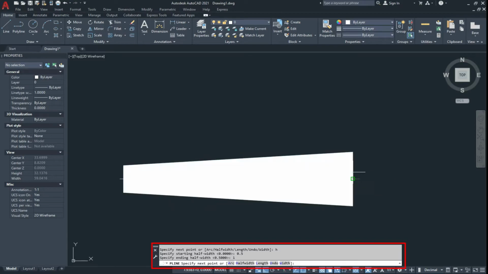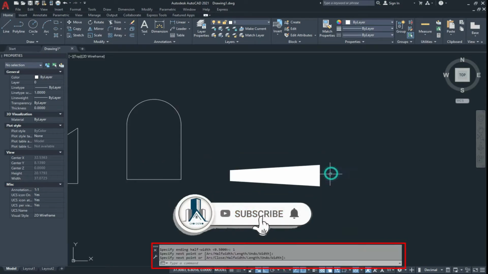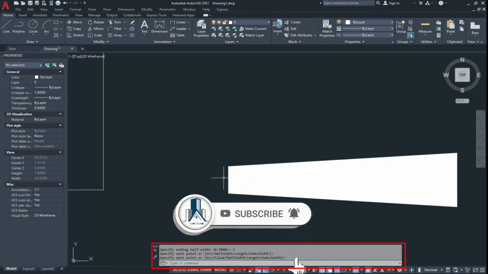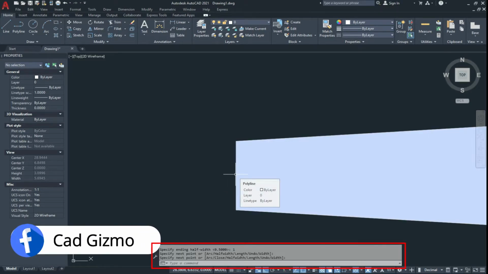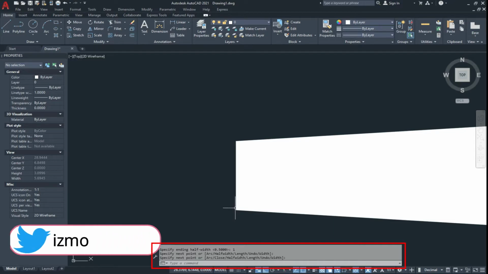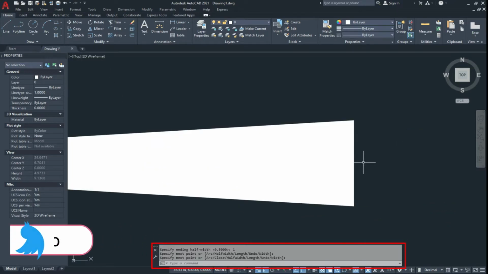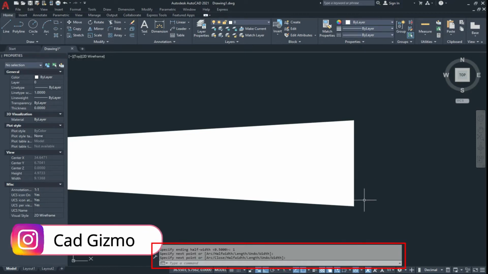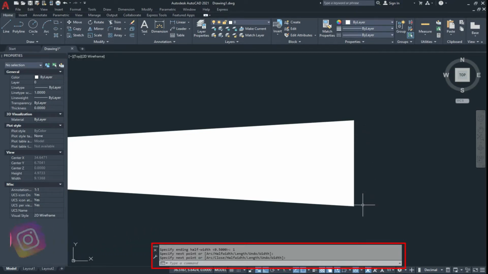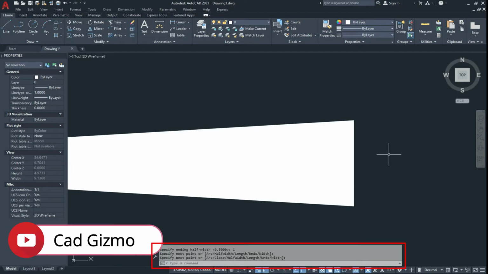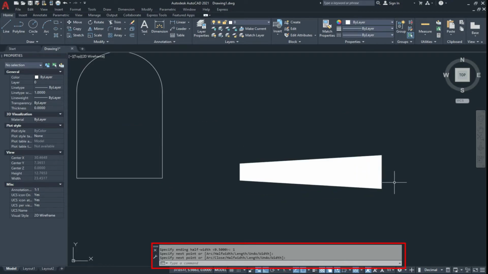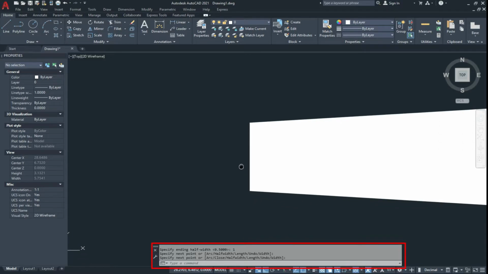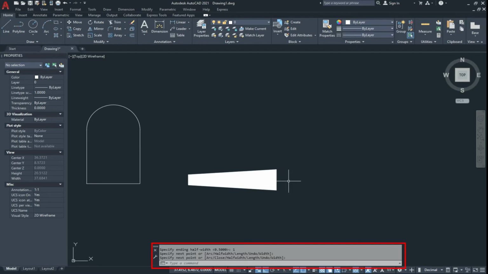So now here we see the starting half width of this line is 0.5, which is from the midpoint of this polyline to the end point, and the ending half width of this line is 1 unit, and the complete width of this ending line is 2 units. The half width is from the midpoint to the end point, and in the start 0.5 unit is from the midpoint to the end point. So in this way we make the half width.